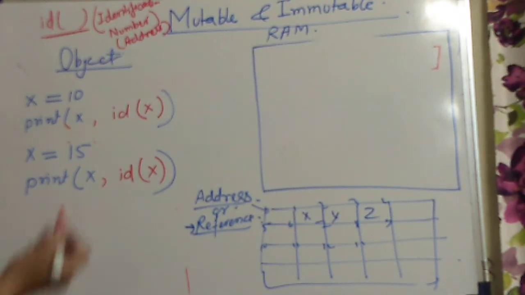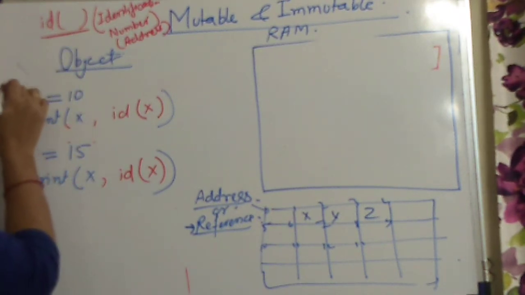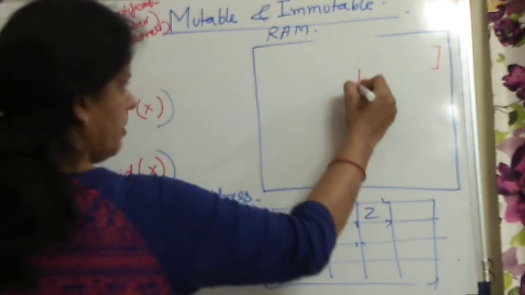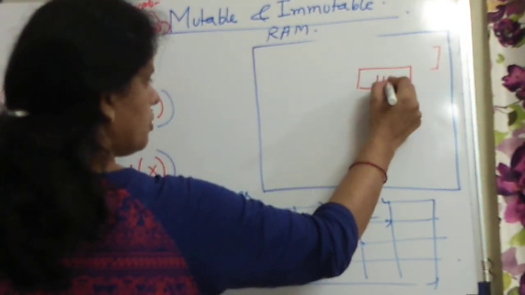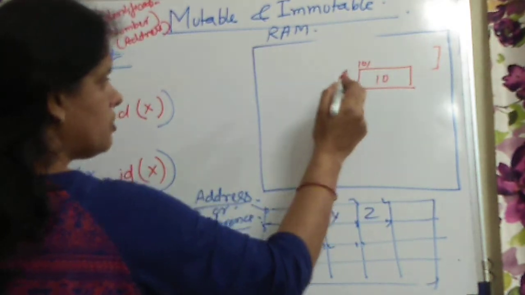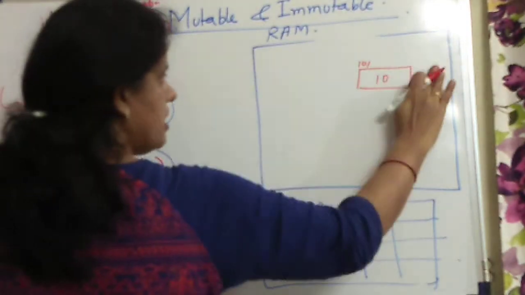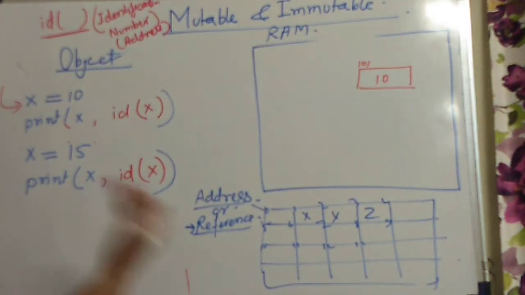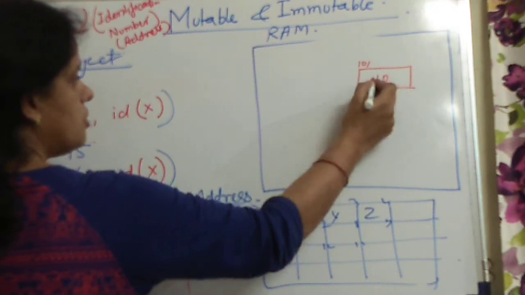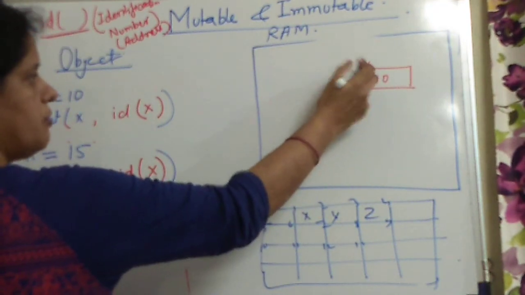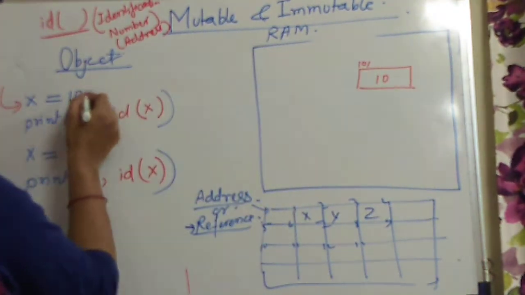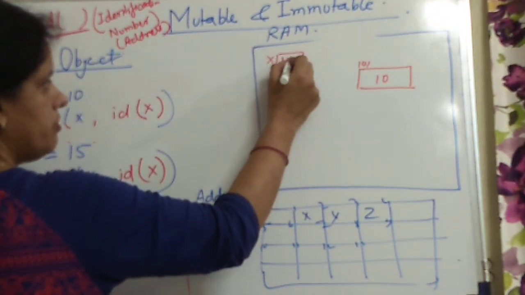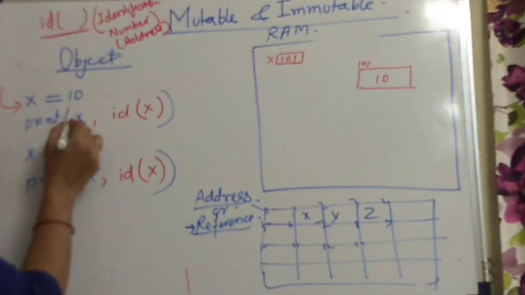Now see, when you execute this program, what will happen? Control will come first to x. x equals 10. Suppose 10 will be stored somewhere else in memory. Actually this does not always happen; as many times as you execute the program, the location will not be the same, but I am giving you an example. So 10 will be stored and the address of the 10 will be 101. When it is assigned to x, x will be created somewhere in memory and 101 will be stored. Now print x.